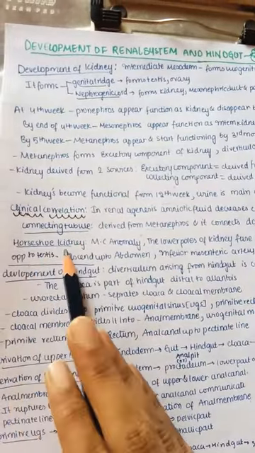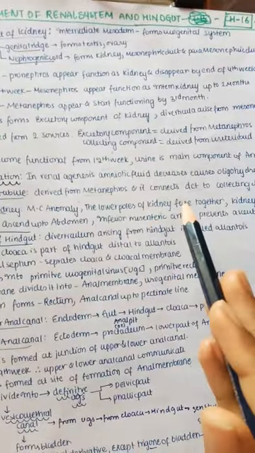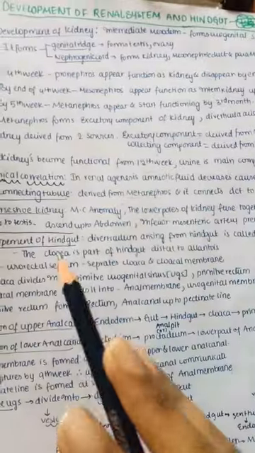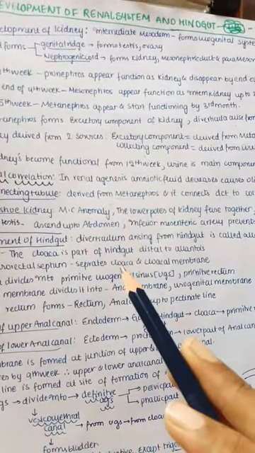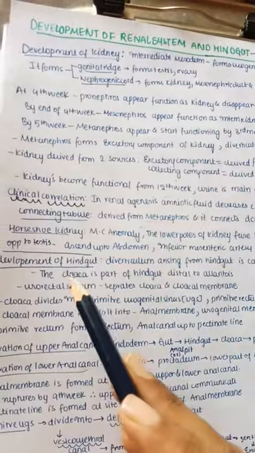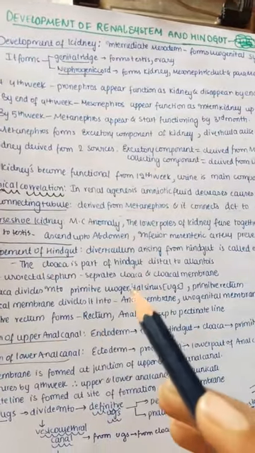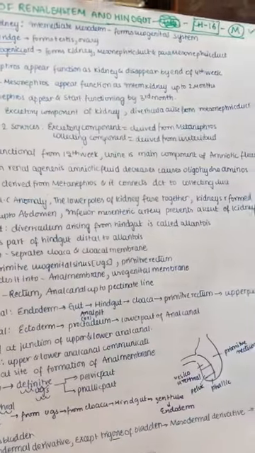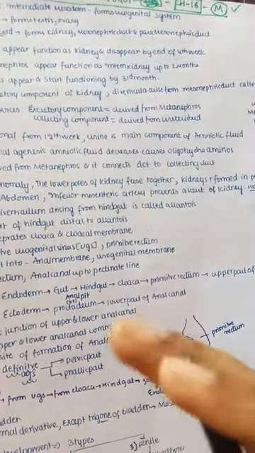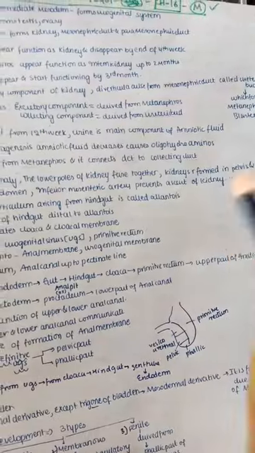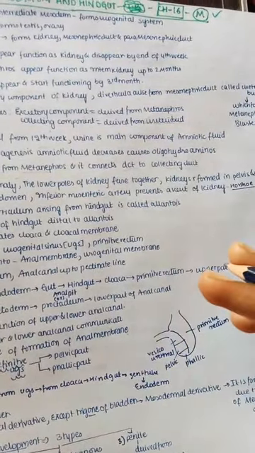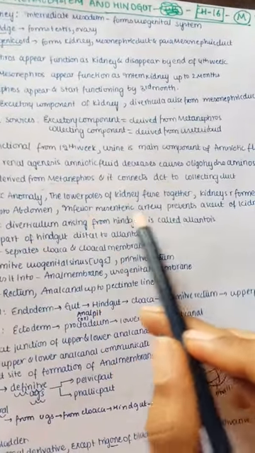Horseshoe kidney is the most common anomaly, in which the lower poles of the kidneys are fused together. As you already know, kidneys are formed in the pelvis and later ascend into the abdomen. This is actually opposite to the testis, because the testis first forms in the abdomen and later descends to the sacral region. Next, coming to the inferior mesenteric artery, it prevents the ascent of the kidney in the case of horseshoe. A normal kidney ascends, but a horseshoe-shaped kidney can't ascend because the inferior mesenteric artery is preventing its ascent.